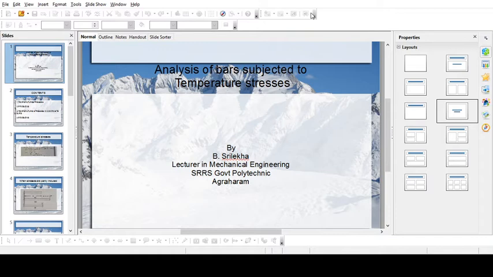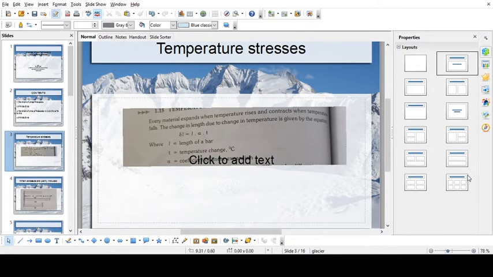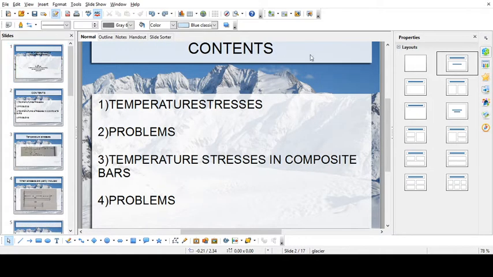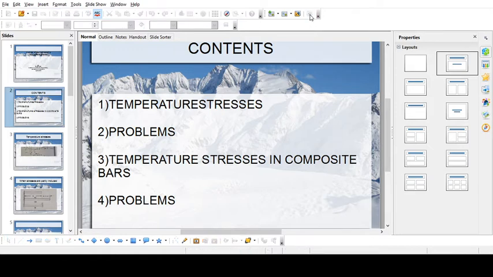In the previous classes, we have discussed something regarding stresses and strains, etc. In today's class, we are going to discuss temperature stresses. Now, in the last class, we discussed